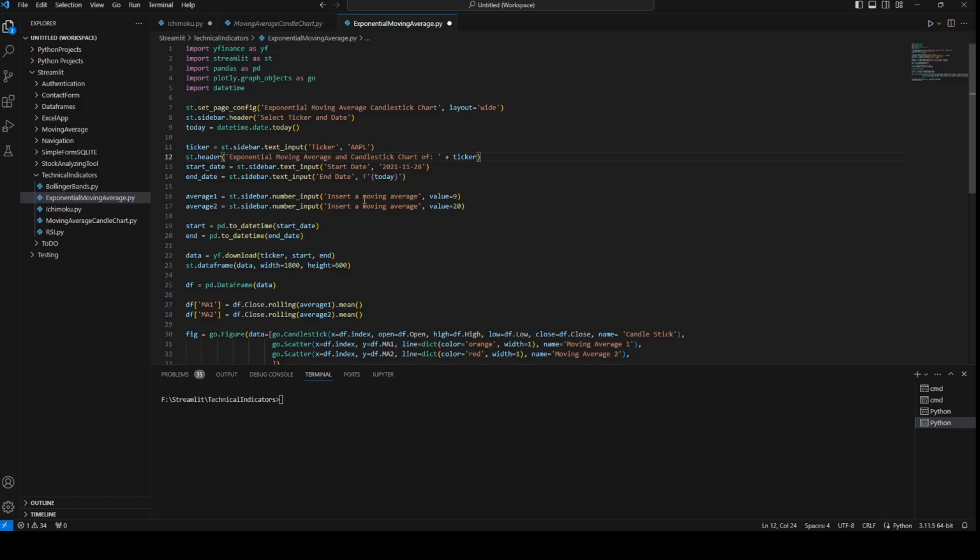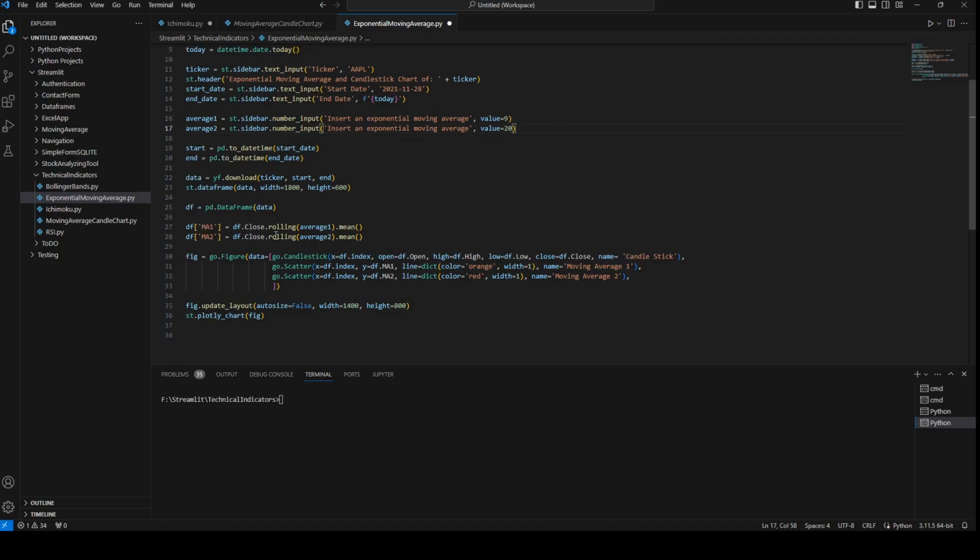The rest can stay the same, and here insert on exponential moving average, on exponential moving average,